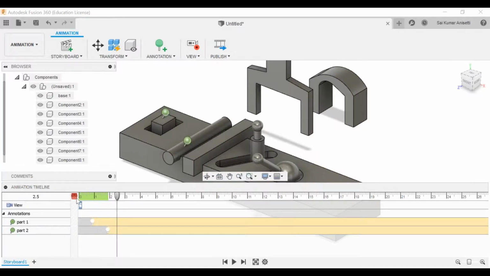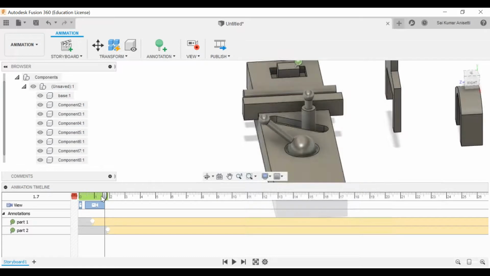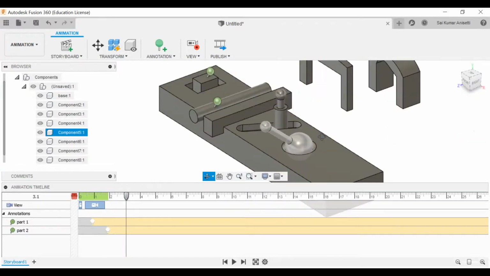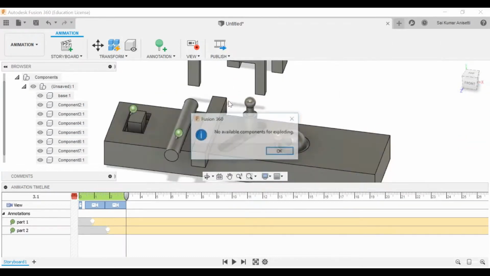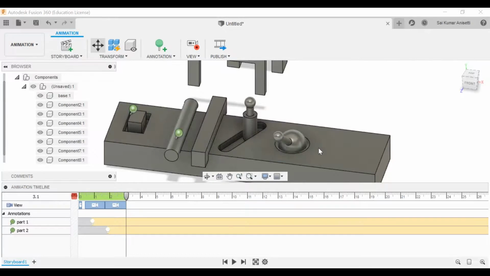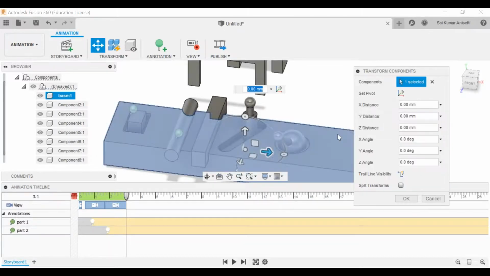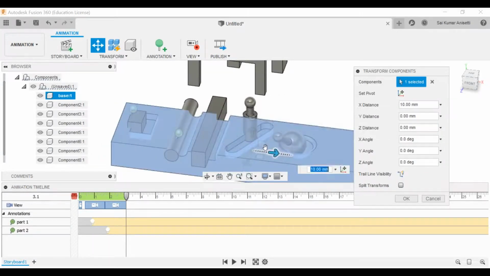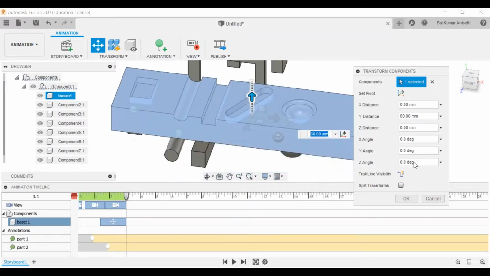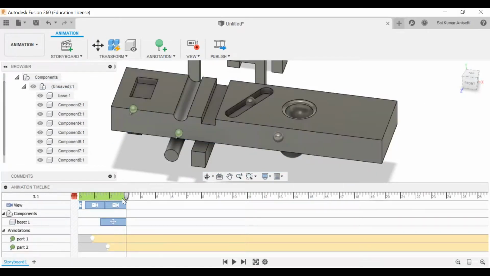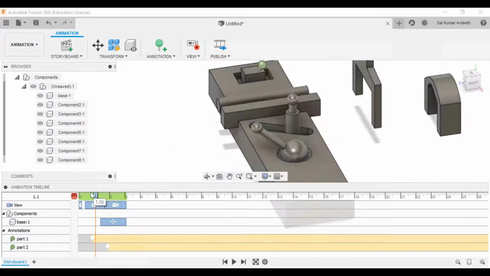Okay, see, it is going to hang. Just to create a simple movie, like this is my animation, that is my animation. You can rotate your component at this position and can show different positions, transform it. It is somewhere else, and that is how you create. Click OK. See, it is creating a time frame.